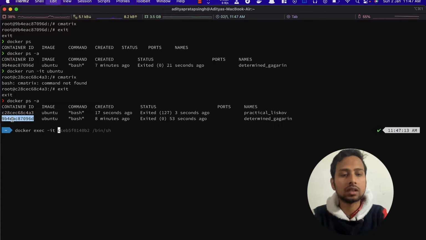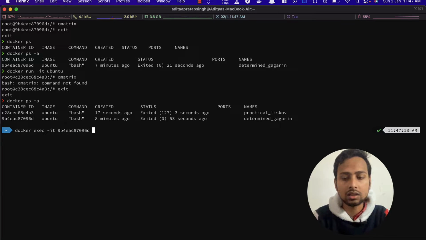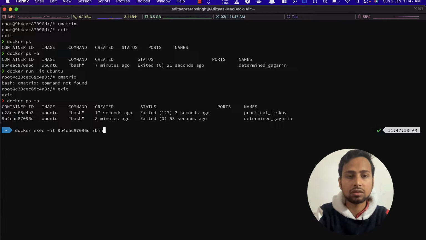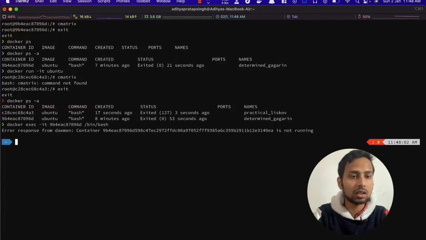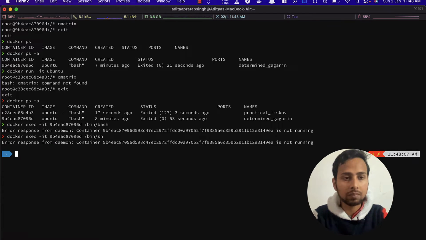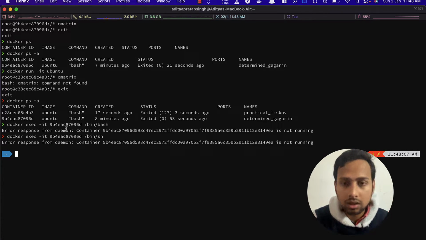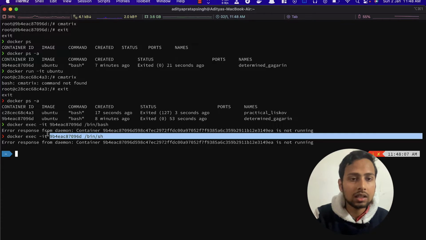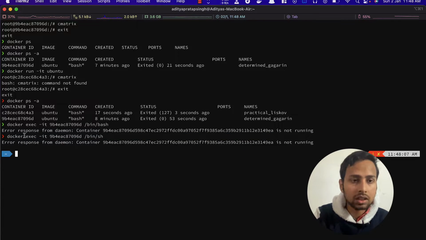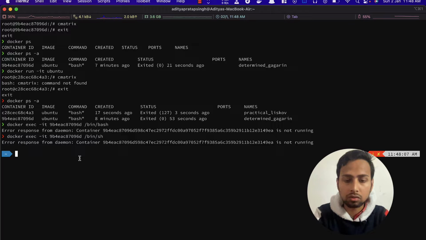You can simply copy it, paste it, and you want its bash, so you say /bin/bash. If it has bash, it will simply open it, and if it does not have bash, you can just say sh. Okay, so here you can see it is not running. This container is not running, that is why it is not starting.